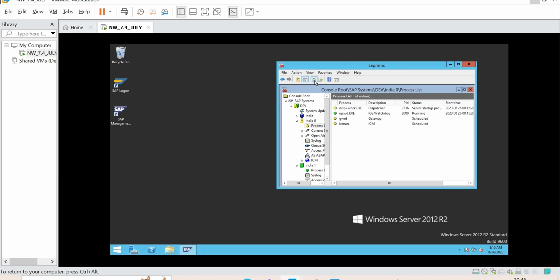So hence it is proved, right? When you start your SAP system, the system will read profiles. Without profiles, you cannot start your system. So in future, if your system is not starting, what do you check first? Whether your profiles are present or not. If somebody accidentally deleted the profiles, your system won't start. So that is one of the troubleshooting steps. Interview question: if your system is not starting, what will you do? I'll check the profiles.